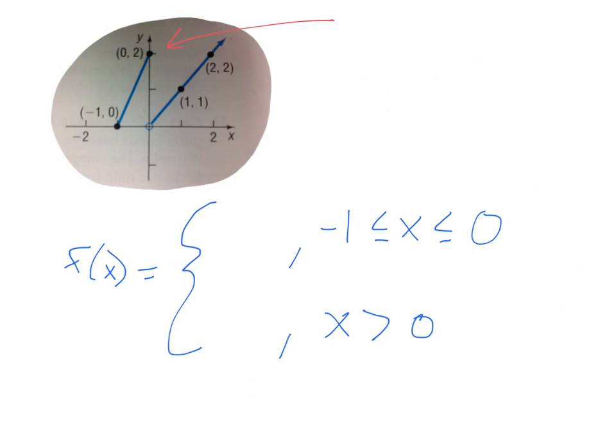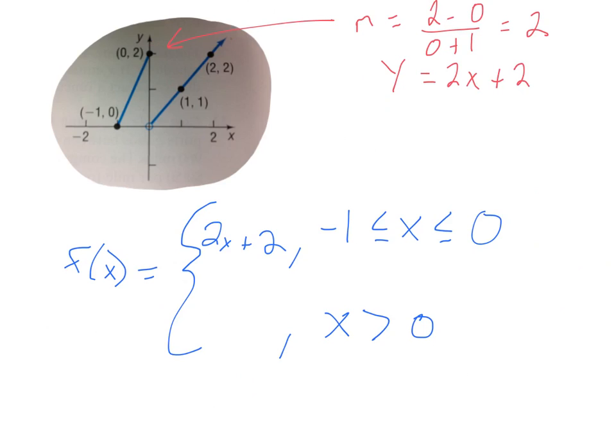This one right here. How do we find the equation of that line that passes through those 2 points? Because that's going to be the definition for that interval, right? If we have a line that passes through 2 points, and one of those points, thankfully, is the y-intercept, then do we have to use point slope form? No. What's the slope, first of all? It's going to be 2 minus 0 over 0 plus 1. Slope of 2. And what's the y-intercept? 2. So the line is y equals 2x plus 2. So that's going to be the definition